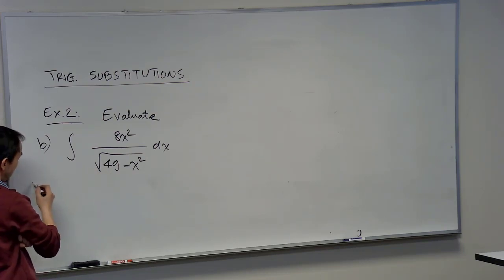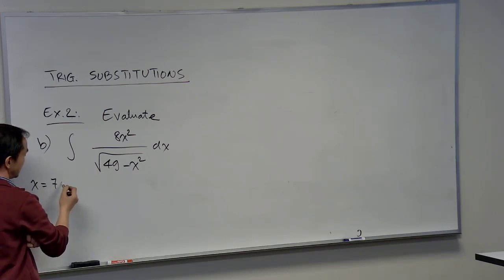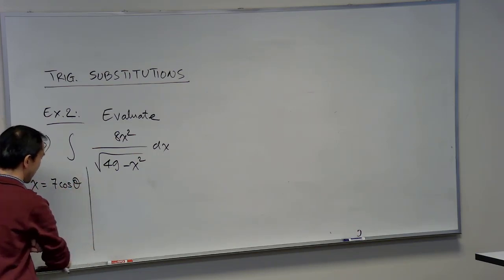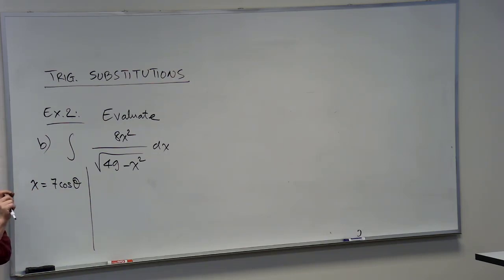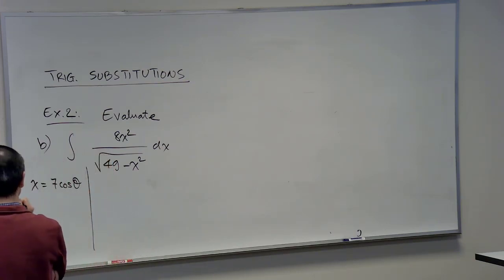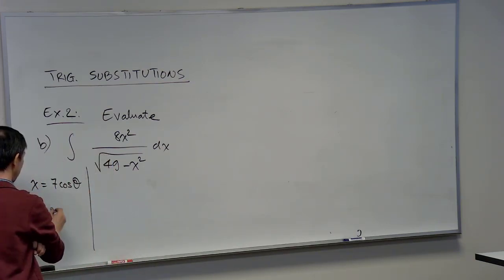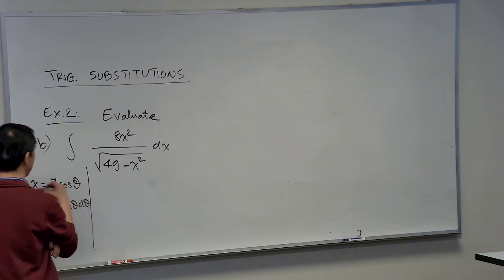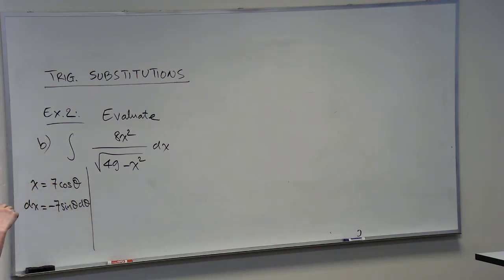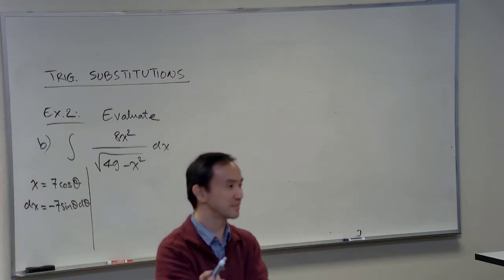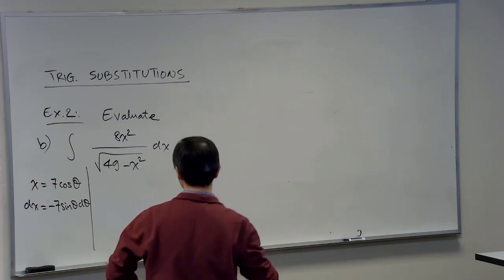So now I'm going to let x equal 7 cosine of theta. I'm treating that entirely as a substitution problem, but it has a guideline. It's a guided substitution. So now dx equals minus 7 sine theta d theta. Then we rearrange the differentials, and now, back in the problem,